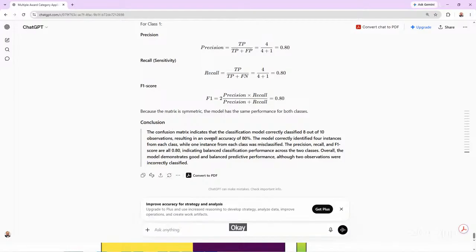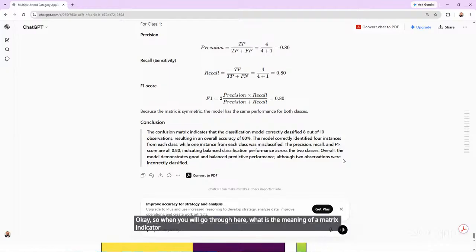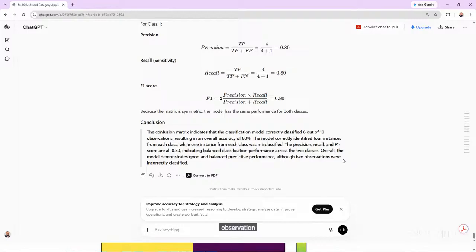So when you go through here, what is the meaning? The matrix indicates that the classification model correctly classified 8 out of 10 observations, and resulting